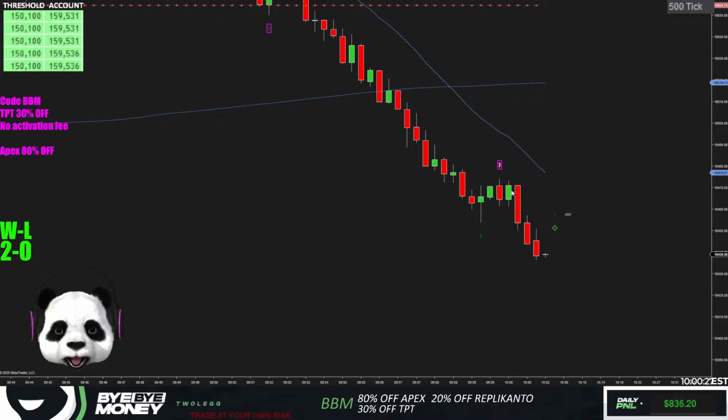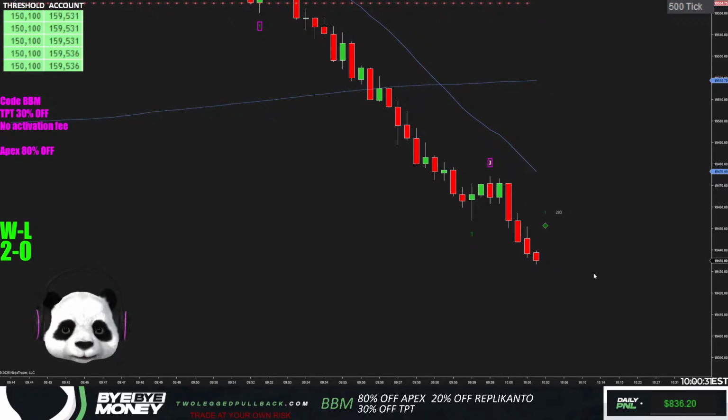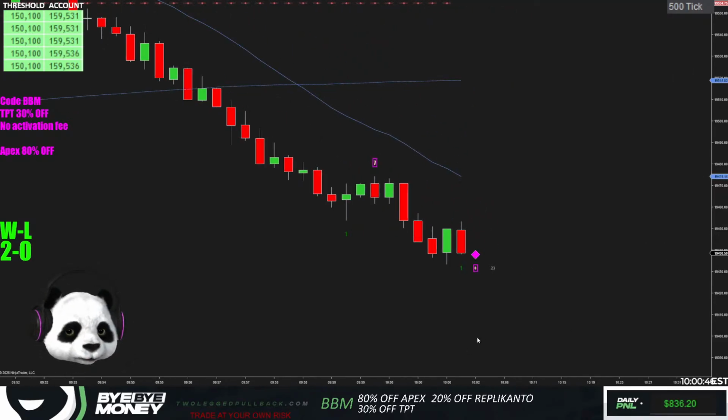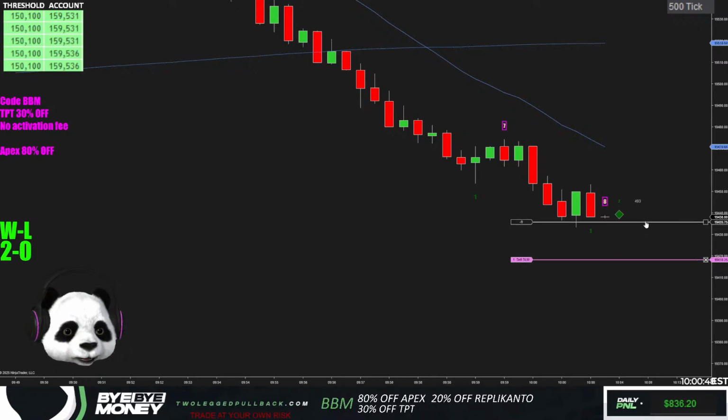It created this bull bar. I was ready for it to break a previous candle's high again, but it didn't give it to us. So it's all good. It is what it is. Move on. We'll look for another setup. There's plenty to be had here. Another first entry. Is it worth it? Just keep going first entry shorts here.